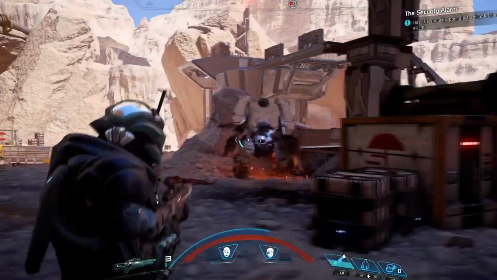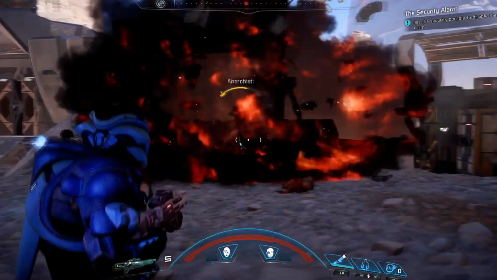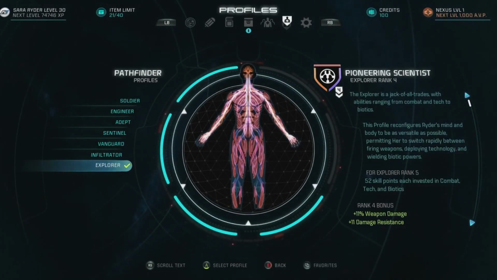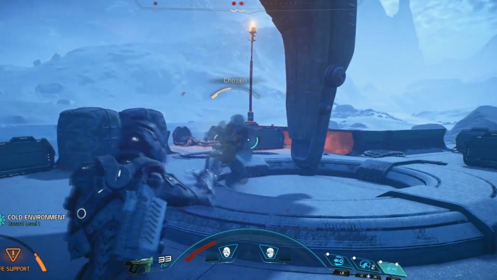And this is just one of the hundreds of combinations of weapons and skills you can try in Andromeda. Stay tuned for future installments where we'll show you our profiles to give you an added boost in combat, favorites which allow you immediate access to your sets of powers so you can change up on the fly,